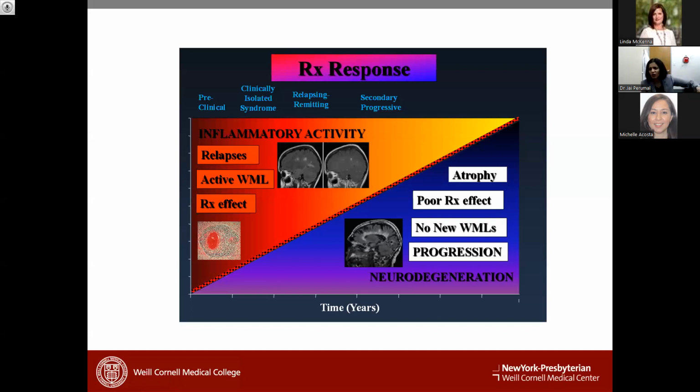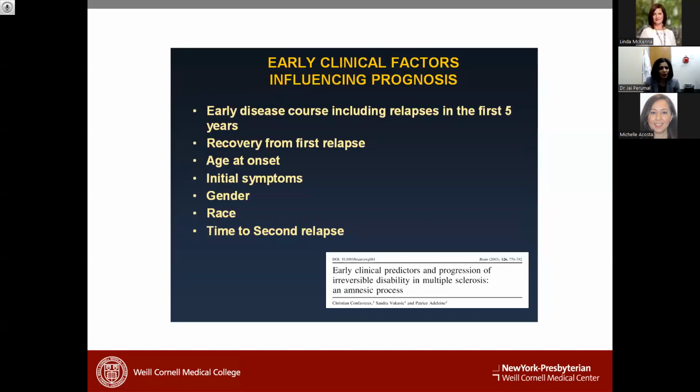But because of all the damage it caused in the beginning, it's causing problems with gait or cognition, and our treatments really don't work. So it has to be very front-ended. We have to be aggressive, treat patients optimally in the beginning. So we are not going to be choosing treatments blindly.